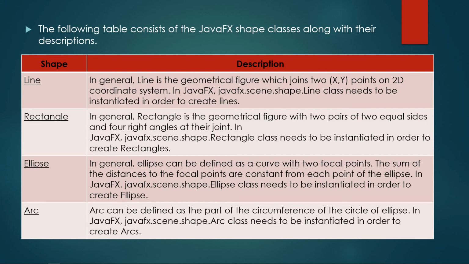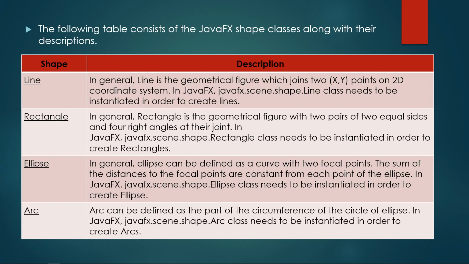A special thing to note here is we don't have a separate class for square. Instead, we have to make the rectangle look like a square. For us to do that, we simply have to make the length and width equal, and we can create a square.